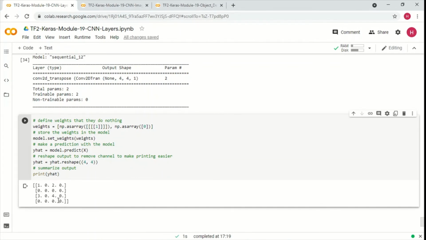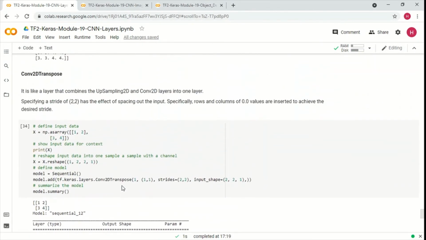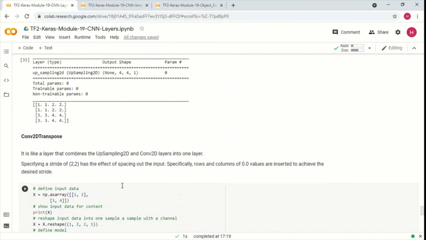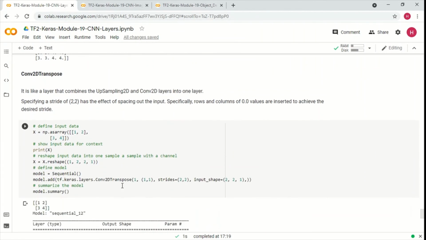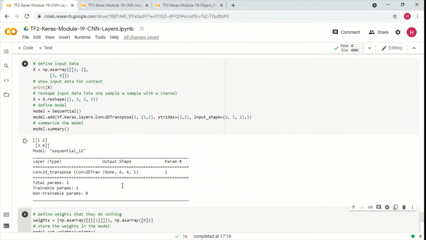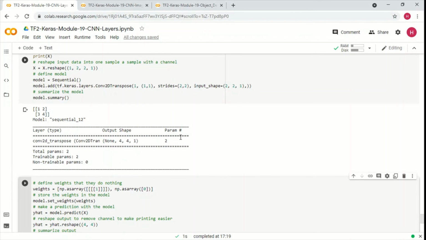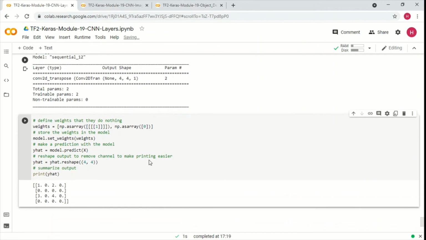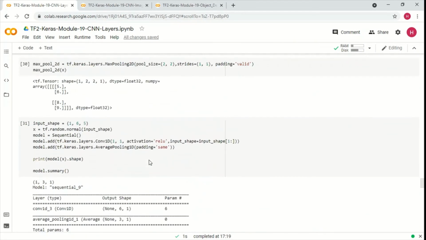Some of these values are being generated as 0. So the difference between upsampling and convolutional 2D transpose is that the convolutional 2D transpose is going to have trainable parameters, and it will upsample and also generate a feature map by applying the convolutions to it. Okay. So that was pretty much about the layers that we wanted to discuss.